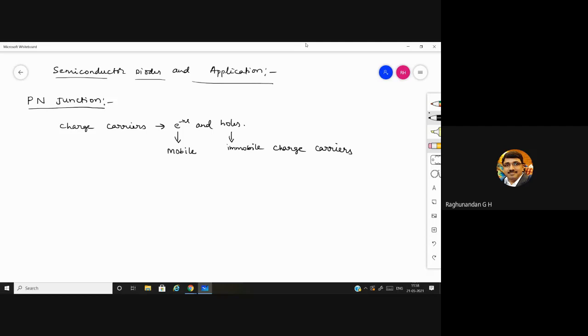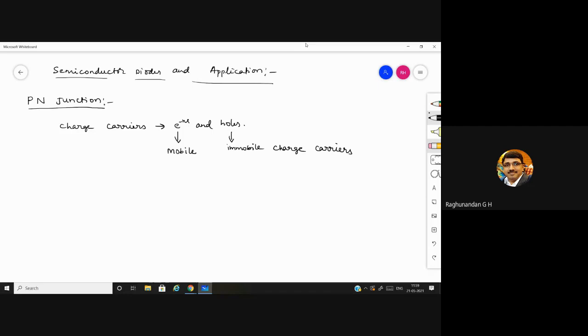Basically, when you take a material, they are classified into three types. As you know, it is conductor, insulator, semiconductor. Initially there were only two classifications, conductor and insulator, but they wanted a material which could work in both ways. That means sometimes we want to use that material as a conductor, and sometimes as an insulator. So that's why the semiconductor came into the picture.